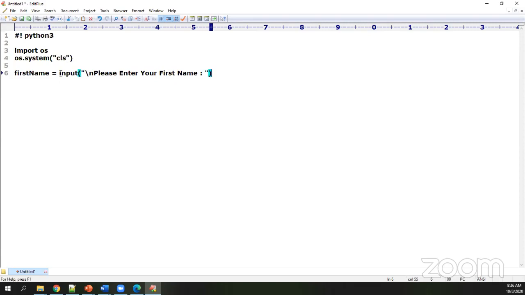Input is a method, or you can say a function, that can optionally take a prompt. Prompt is not compulsory. You can even call input like this. But when you call input like that, your variable will be just blinking there. You don't get any idea what you have to give. So prompt is only your facility and choice.